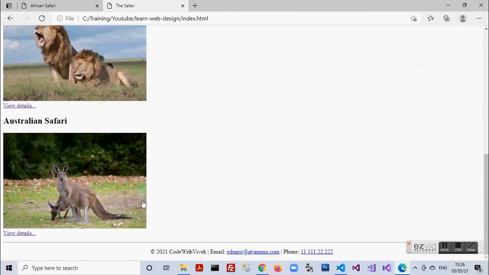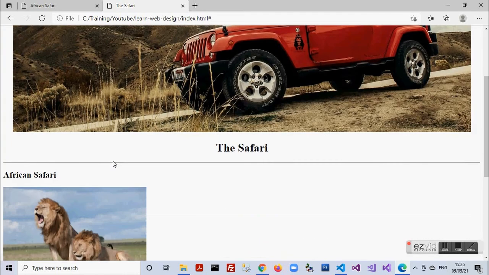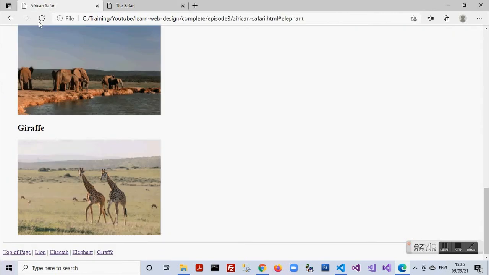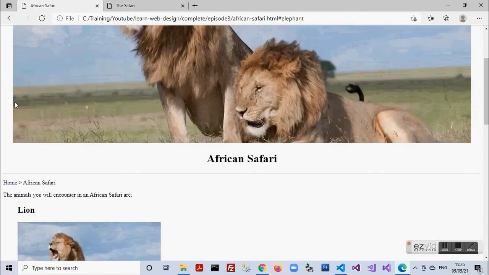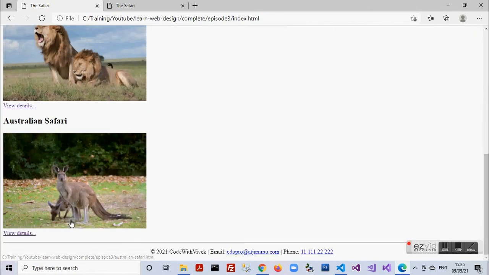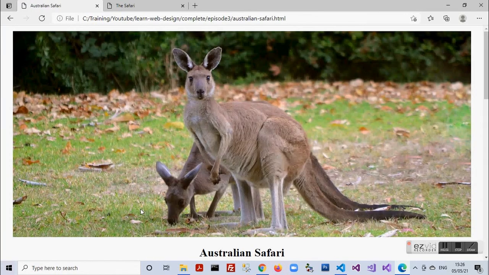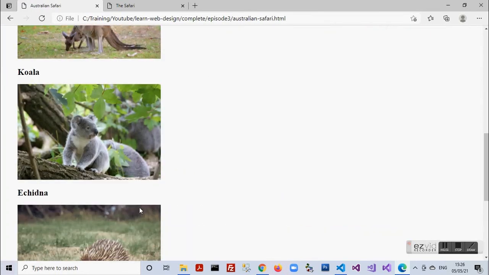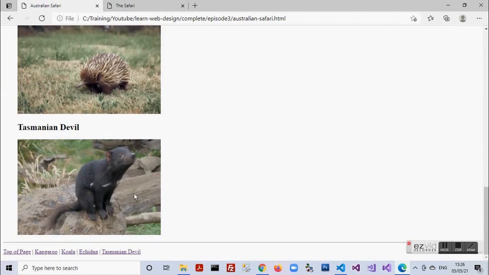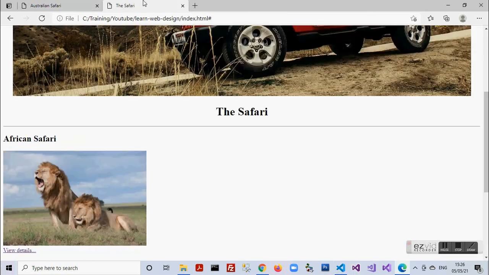In the same manner, we'll have a third page, which will be called Australian Safari. And this page will carry the details about the Australian Safari. So this is a third page, Australian Safari. It carries details about the Australian animals. So we'll just create a banner of this page and I'll leave the rest part to all of you as a home task. Right? You can do this on your own after I have explained how to create the second